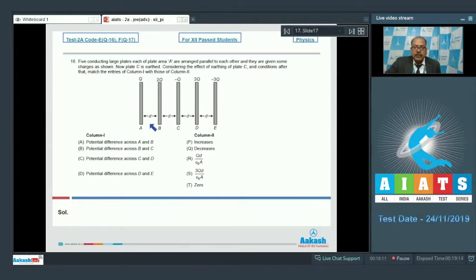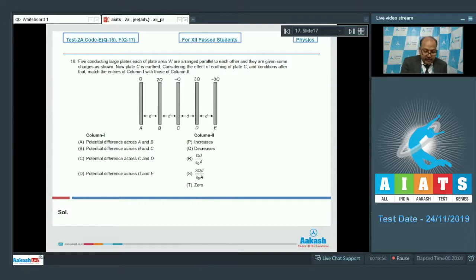of column 2. So the 5 plates are given here and the charges on each plate is given. And in column 1, the entries are potential difference across A and B, potential difference across B and C, potential difference across C and D, potential difference across D and E. In column 2, entries are increases, decreases, QD by epsilon naught A, 3QD by epsilon naught A, 0. So to solve this question, we show the charge distribution on the plates before C is earthed and then again after C is earthed. So before plate C is earthed,